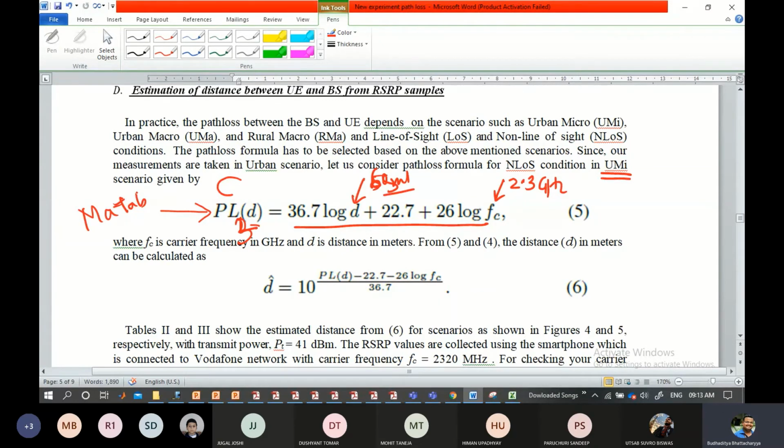If you know the path loss also, you can re-verify it. They have done it the other way around actually. In this case, you can see they have also found the distance the other way around. Here, since we know the D, we can find out what is PLD. But this is an alternative they are saying.